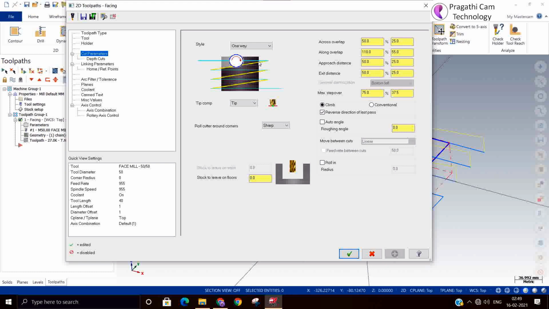So that's the reason this tool path is meant for a particular purpose. It's not necessary to use this tool path every time. You can use other cutting methods. The one way tool path is only made for when the cutting lay should be in one direction. Then only you can use this particular tool path. So now we have seen why to use the one way tool path, and where to use it.